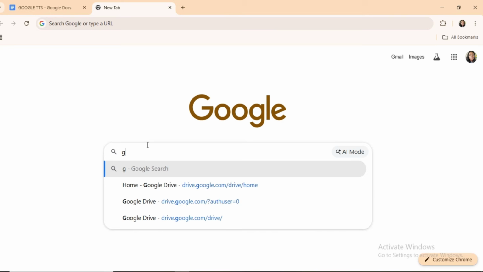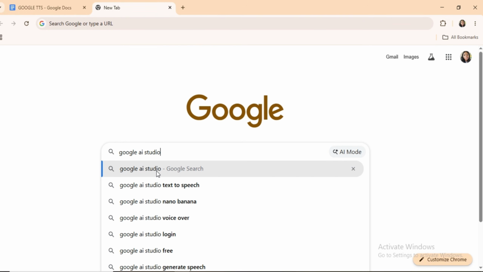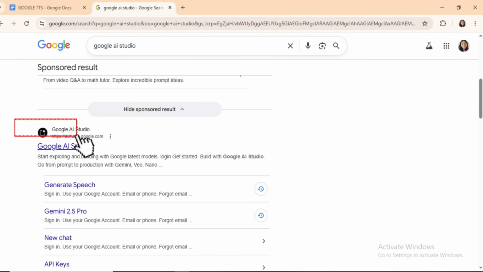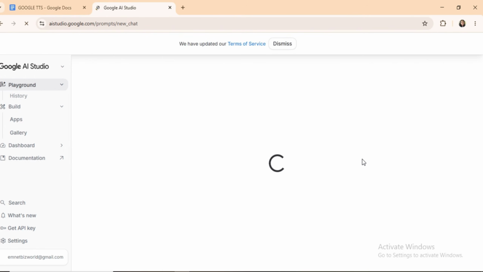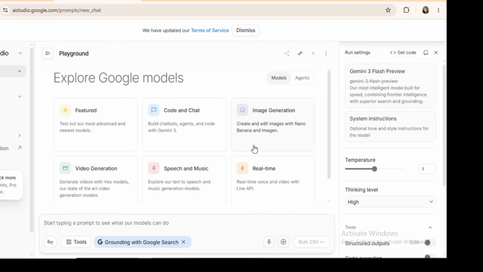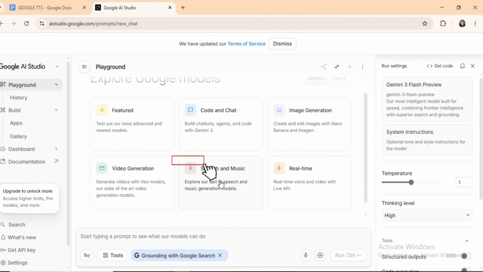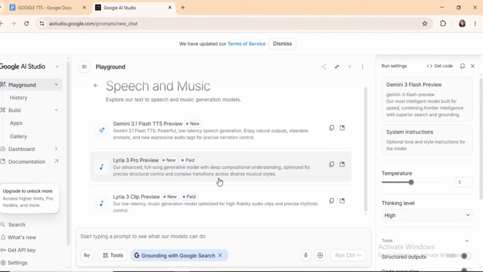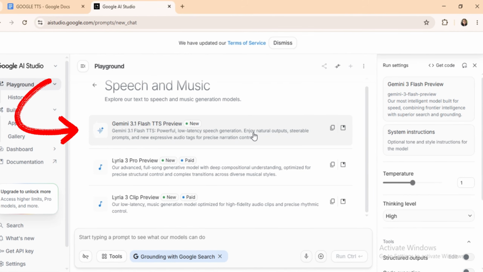Open your browser, search for Google AI Studio, and tap on it to open the playground. This is the main interface, and from here, you can access a range of tools: image generation, video generation, and more. For today, we are selecting speech and music. Inside speech and music, you will notice two options. Lyria 3 Pro is for music generation and is available to paid users only. For text-to-speech, tap on Gemini 3.1